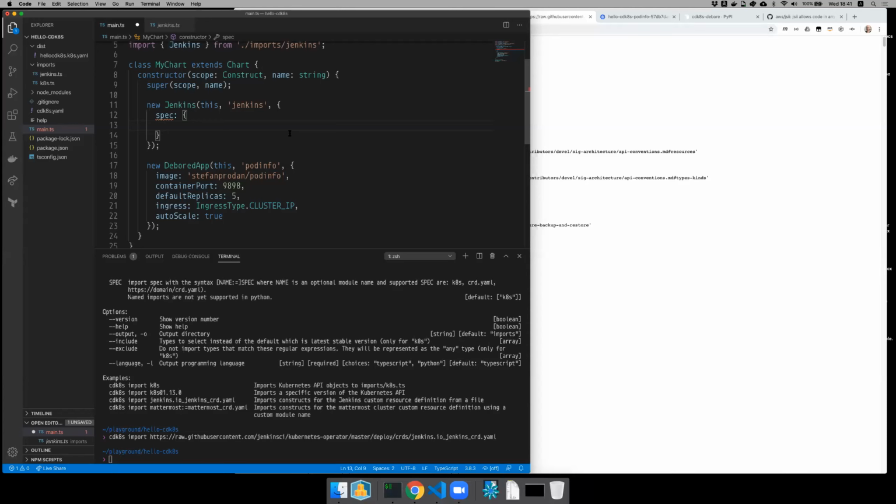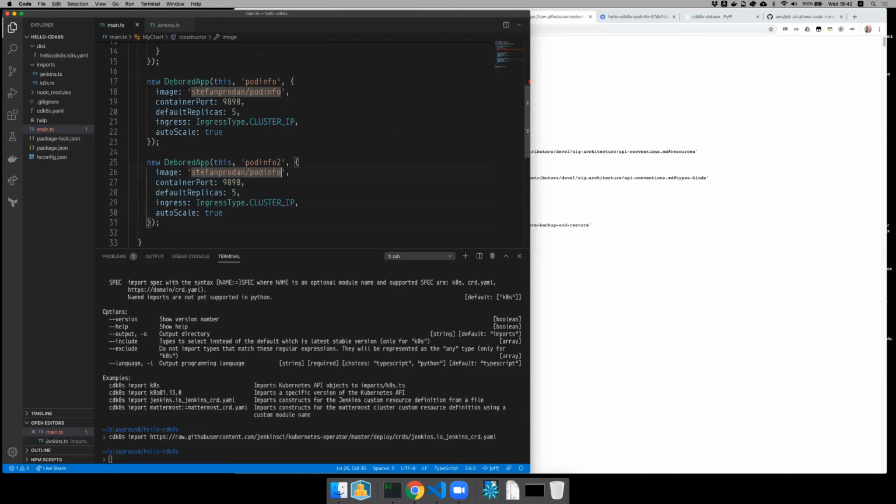That's one of the reasons we have this concept of scoping and namespacing, because I can instantiate 5 deboard apps into my project, and I have to make sure that the pods or services or deployments or ingress controllers defined inside this deboard app are not conflicting with the ones defined in this deboard app. And obviously you can also use namespaces.